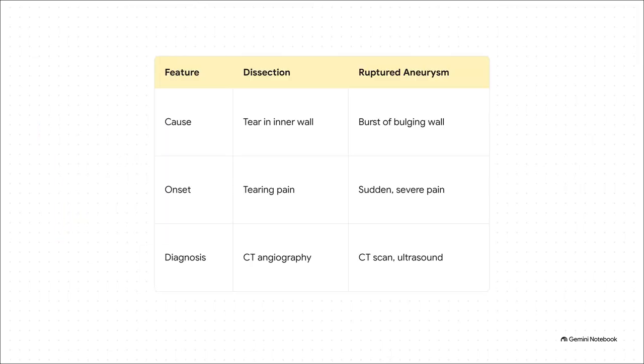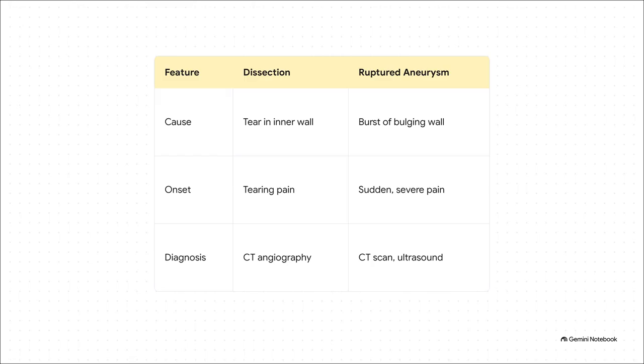For anyone documenting or decoding a chart, distinguishing these two disasters is your gold standard. Notice the onset here. A dissection usually presents with sudden, tearing chest or back pain. But a ruptured aneurysm? That presents with sudden, severe abdominal or flank pain accompanied by deep shock. And check out the risk factors. Dissections lean toward hypertension and connective tissue disorders, while aneurysms lean heavily toward older males with a history of smoking. Both require emergency imaging like CT scans or ultrasounds to confirm, but their underlying pathology, a tear versus a burst,